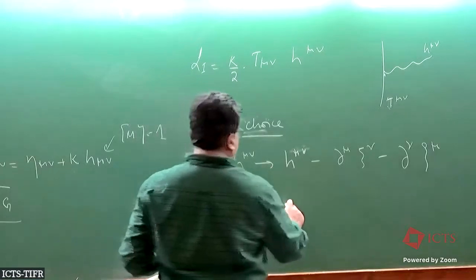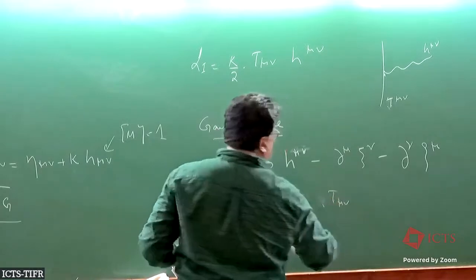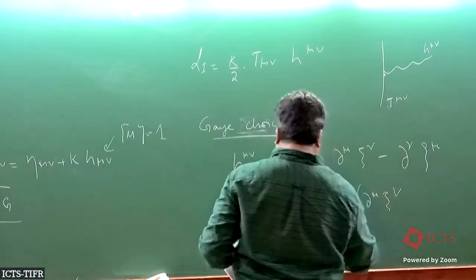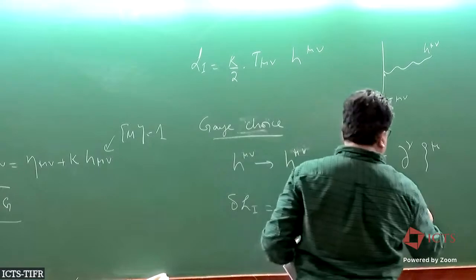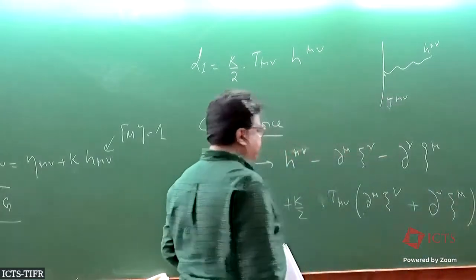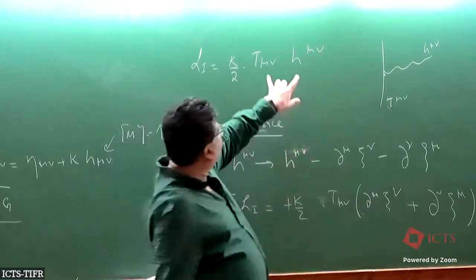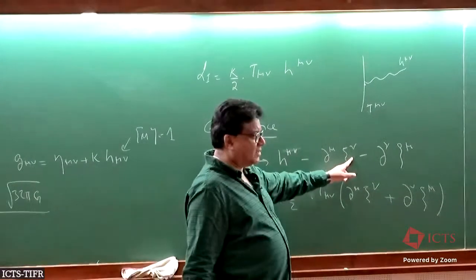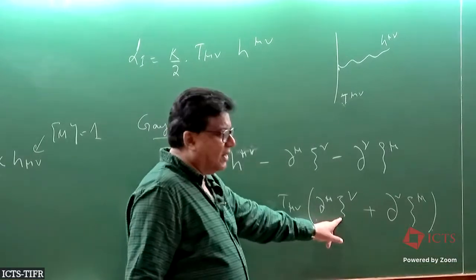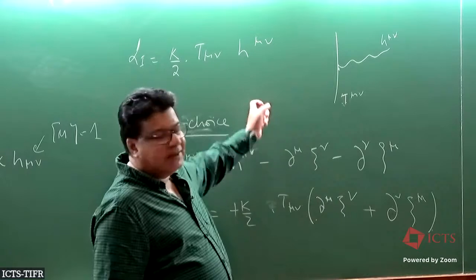This interaction term has extra terms of the form T mu nu, del mu xi nu, okay, right? If I shift this with this gauge transformation, then the extra term that you get in the interaction, which is xi dependent, is this, and you want the interactions to be gauge invariant. So for gauge invariance,